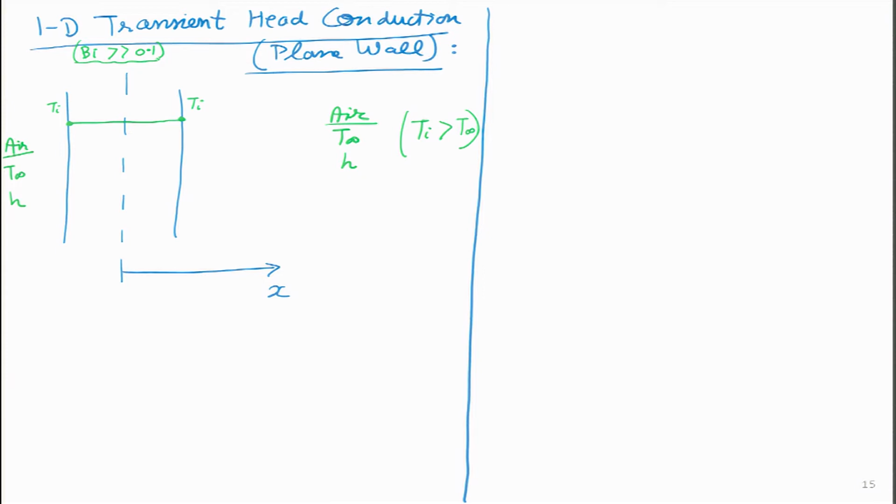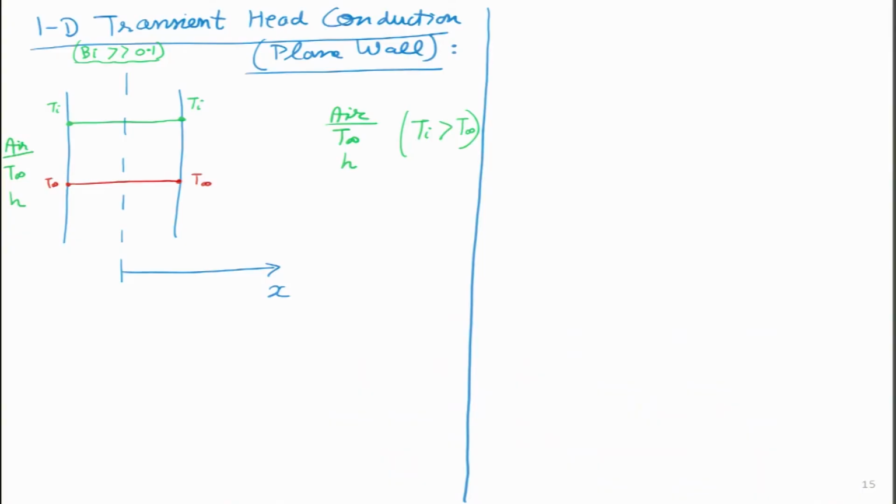So, I might draw it approximately. How might the temperature profile look like? So, ultimately the temperature may go and settle after a long period of time at this particular point where everything is at T infinity, because if we submerge a solid in a very cold liquid, eventually that solid after an infinite amount of time everywhere its temperature will be equal to that of the liquid. Initially what will happen is that the sides will start cooling like this. After some time the temperature may look something like this.